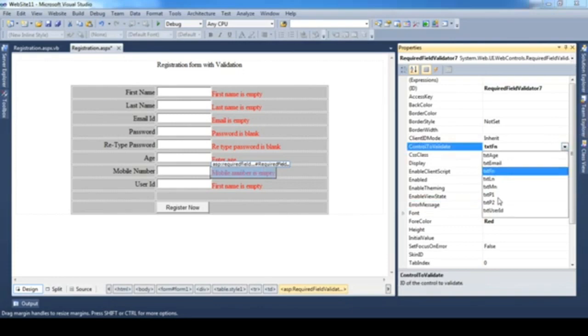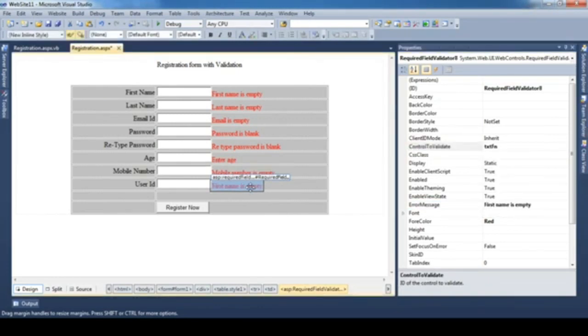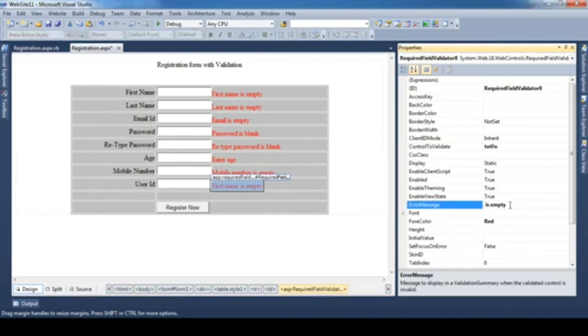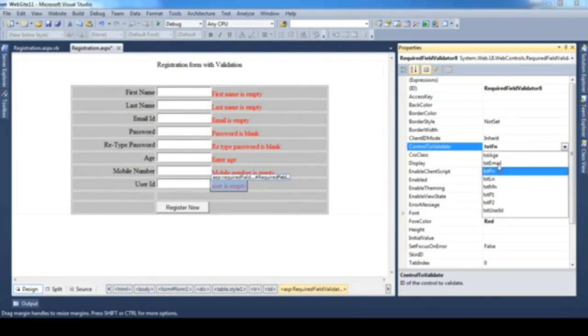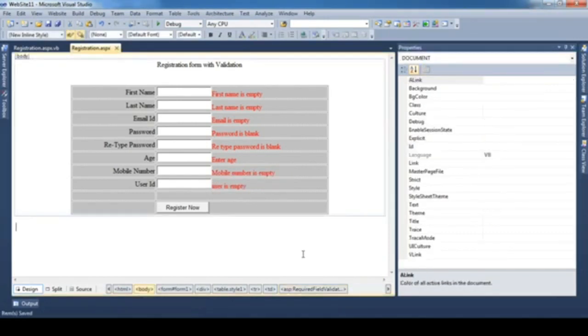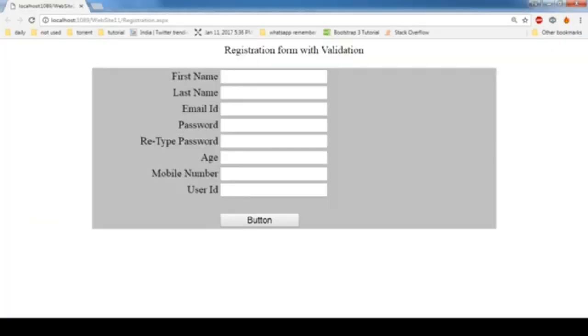So control to validate is txtmn and the message is "mobile number is empty." And for the last one, user ID, "user is empty," and change the control to validate to txtuserid. Why do we change the control? Because we just copied the validator, so all the controls were the same, so we changed them.